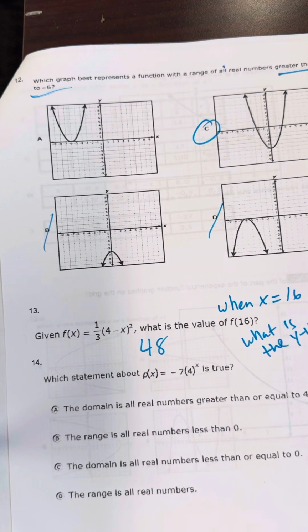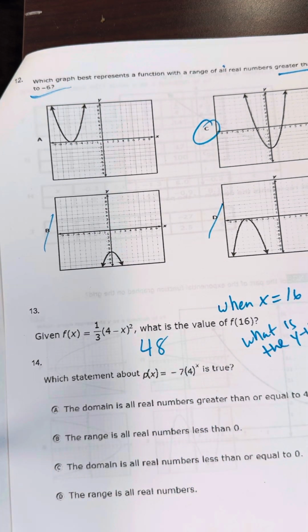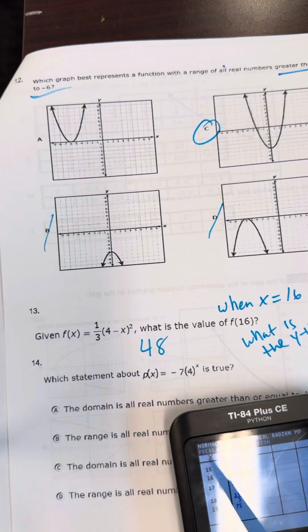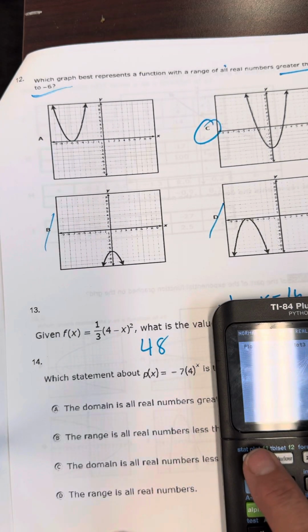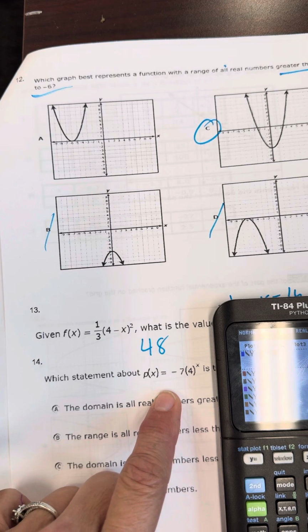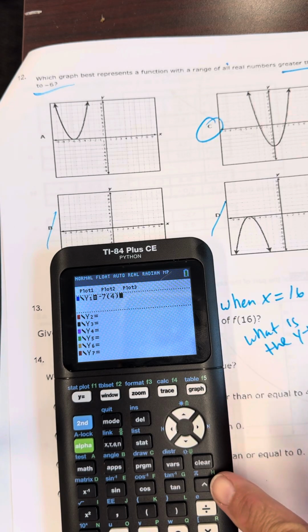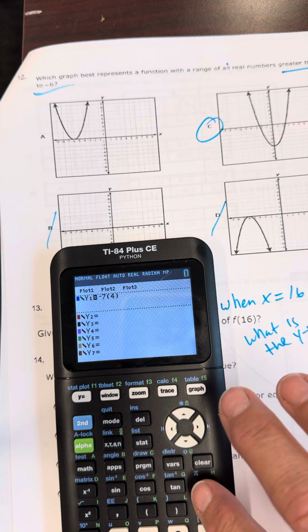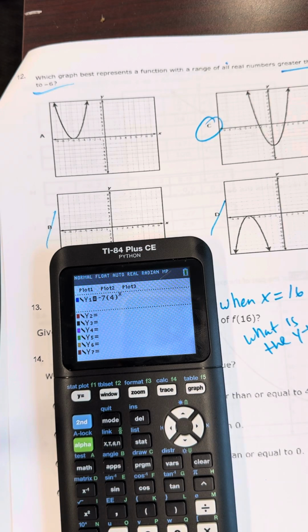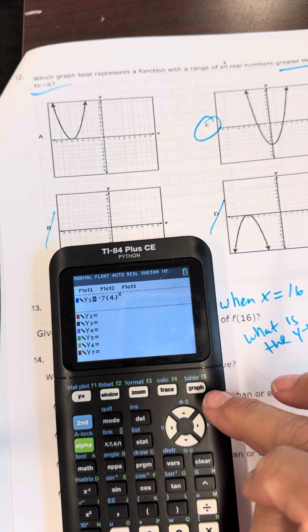Which statement is true? P of x equals -7 times 4 raised to the x. So the domain, as I said above, is all real numbers because it's going to go left and right forever. You're going to be able to put in any x value. Let's go ahead and look at this function. -7, open parentheses, 4, close it. To raise something to the x, you hit the caret symbol, and I can raise it to the x. So the negative is going to make it go down, and since we are not adding or subtracting,